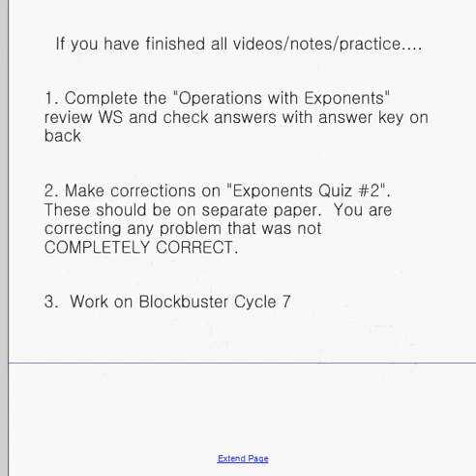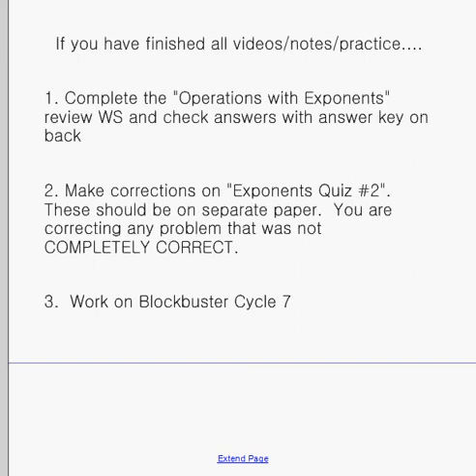Again, you can ask the sub for these things. So the first thing you could do is to complete the operation with exponents review worksheet. This is a one-sided worksheet with 12 questions, and the answers are on the back. You can always check. Once you have finished that, you can go back to your quiz that was simplifying exponents, so exponents quiz number 2, and you can make corrections on that